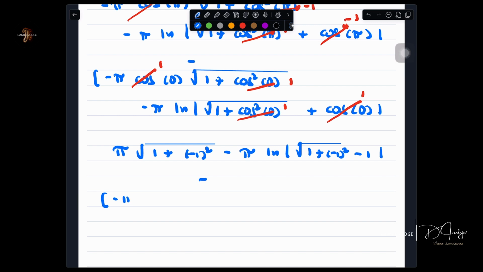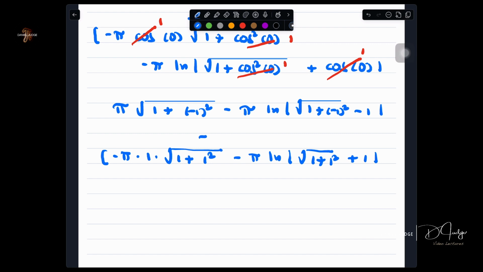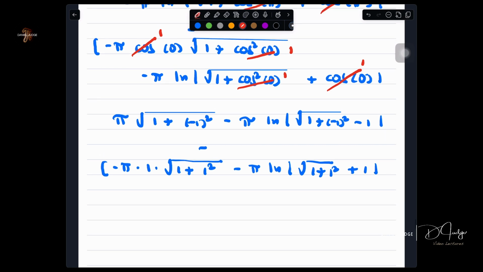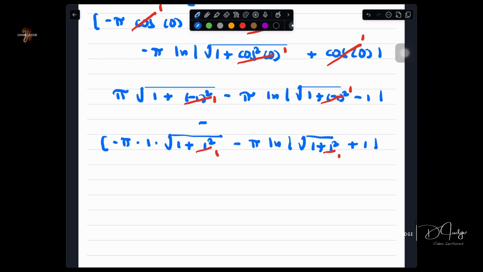I'm going to put this negative pi times 1 square root of 1 plus 1 squared minus pi natural log absolute value square root of 1 plus 1 squared plus 1. And let's still figure out some arithmetic. This is 1. This is 1. This is 1. And this is 1. So it looks like we have pi times the square root of 2 minus pi times natural log absolute value square root of 2 minus 1